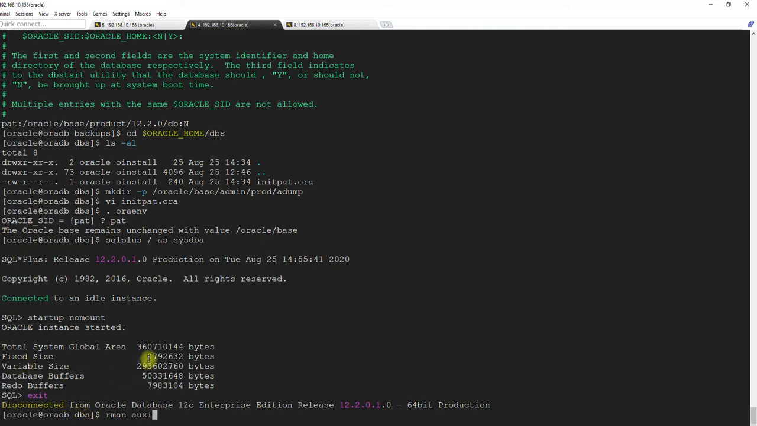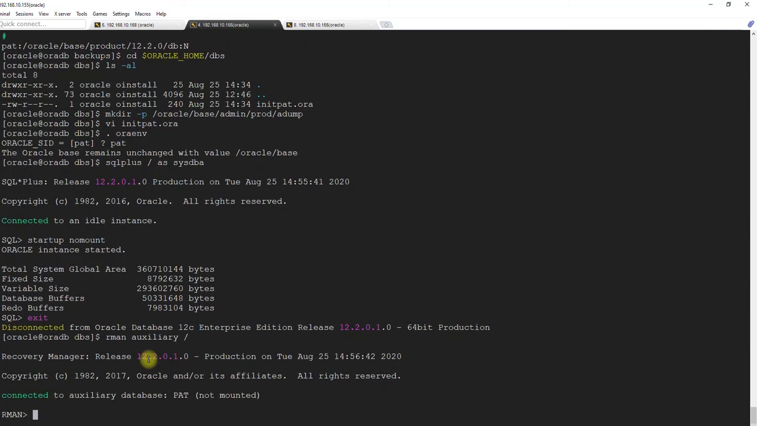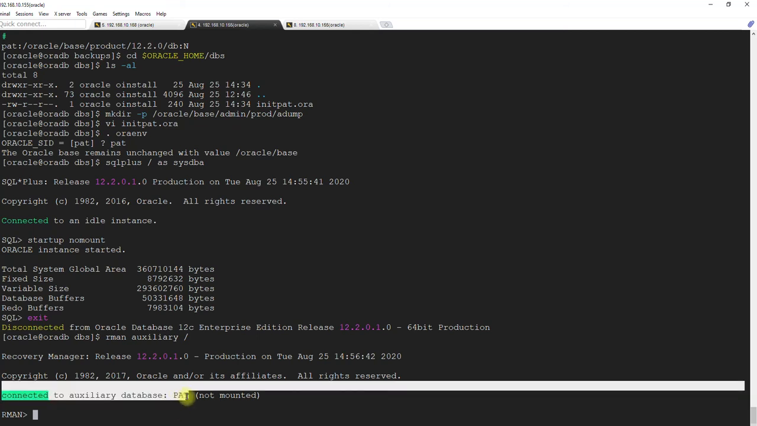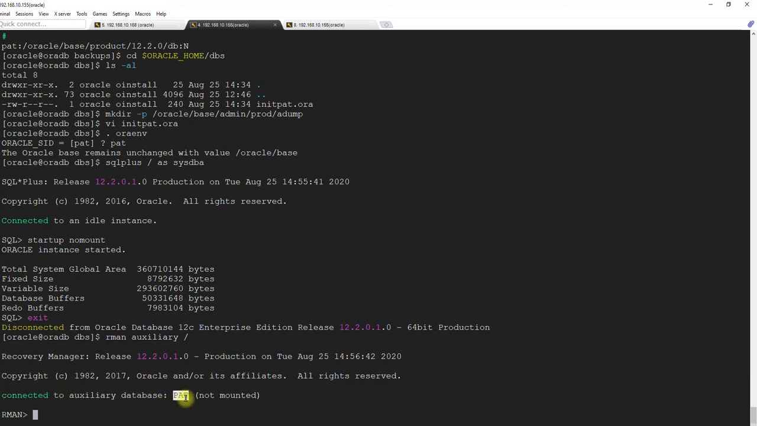So you need to say, this is what the thing is. Okay, it identified pat using the parameter file. It is not mounted, as we already know. Now we need to issue the command. What command we need to issue is